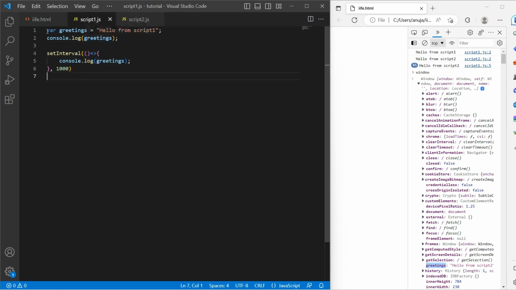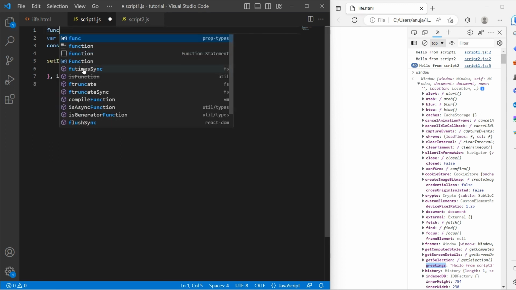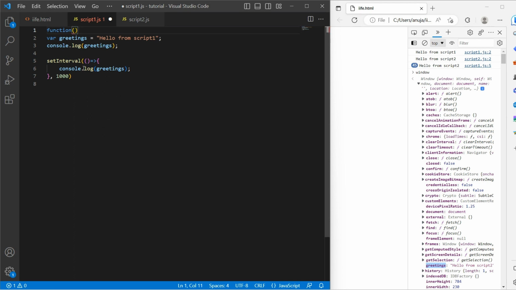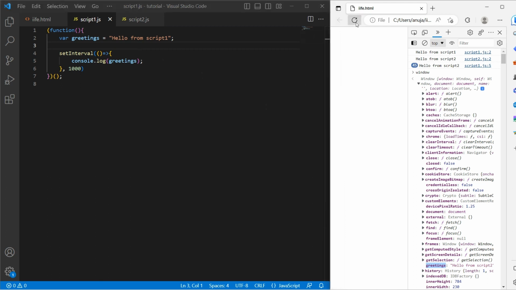So let me just wrap this code inside an IIFE. So function, and put this entire code inside the function. To make this function an IIFE, wrap this with parentheses and invoke it. And let's remove this extra console log. Now, if I refresh,